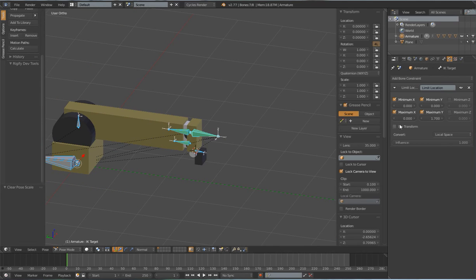One other thing we need to do is when you're using a limit location or limit rotation or a limit scale, you should always have this "For Transform" checkbox checked. If I don't have that checked, even though we've limited this on X and I type GXX, look at this location up in our transform: it's actually getting values